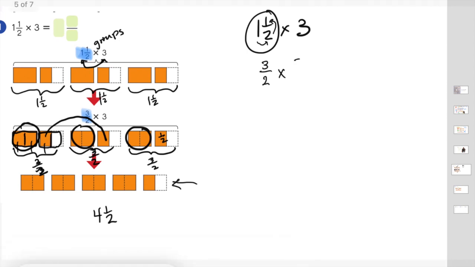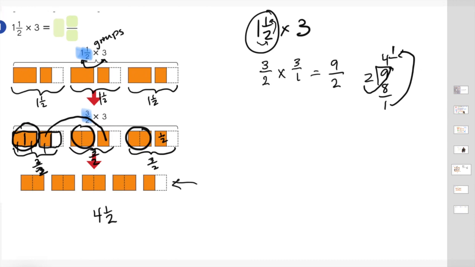I need to put the whole number over 1 so that I can multiply. 3 times 3 is 9, 2 times 1 is 2, so I get 9 halves, and 9 divided by 2 would be 4,